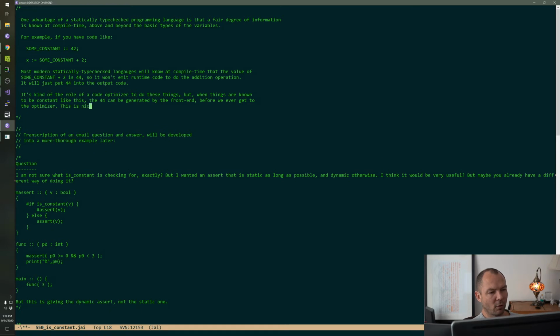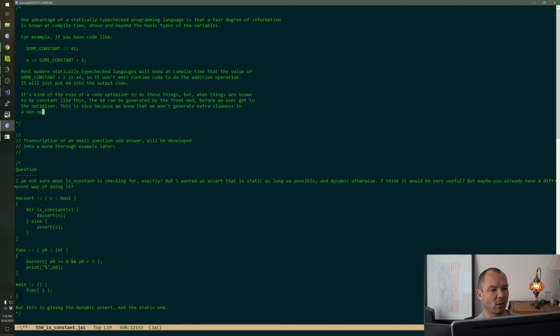This is nice because we know that we won't generate extra slowness in a non-optimized debug build.